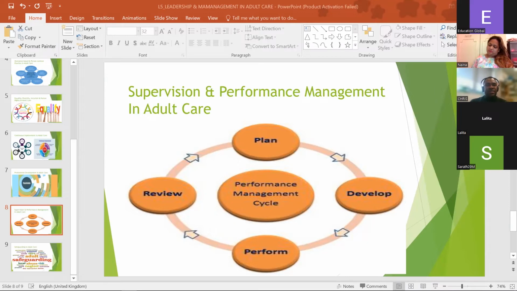Then we'll also explore the signs that may raise concerns and how to support the health and well-being of your team members within the scope of your own role so that they can perform at their best. And the last thing that will be covered under this unit will be